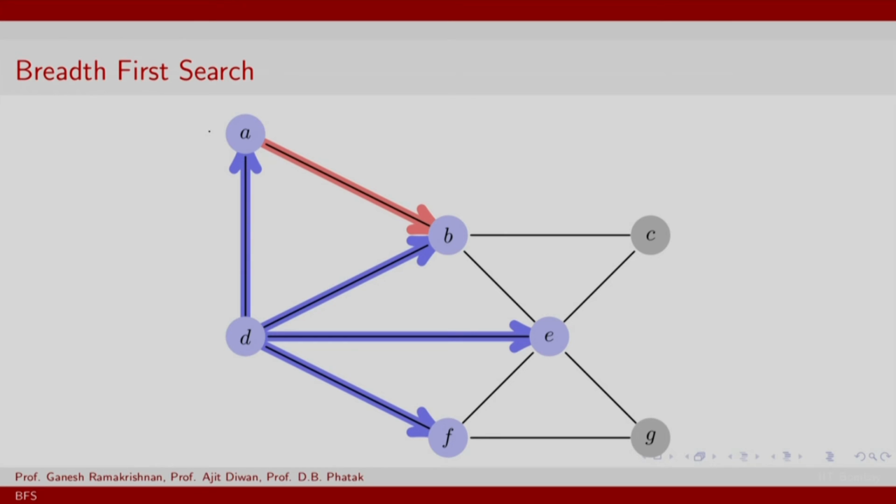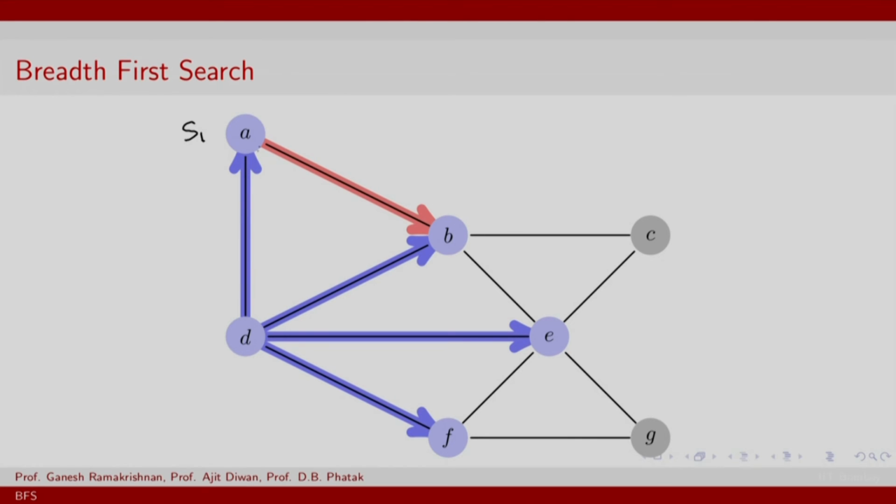So note that A, B, E and F all belong to S1. So you basically dequeue A from S1 and look at its neighbor. The only neighbor that is unexplored is B. Well, D is already explored or visited